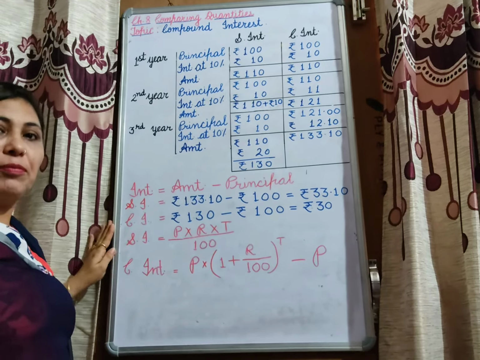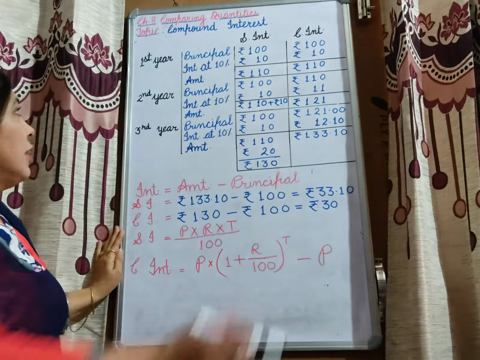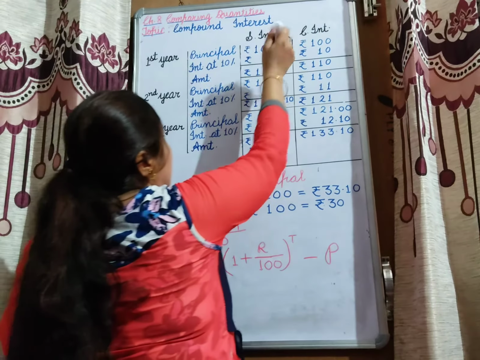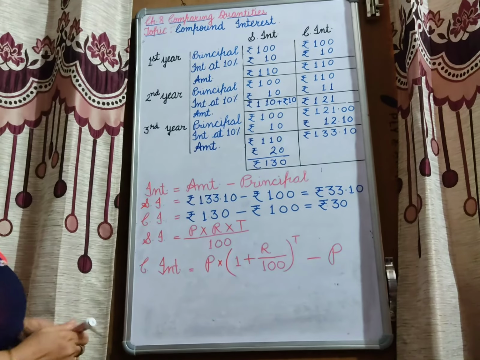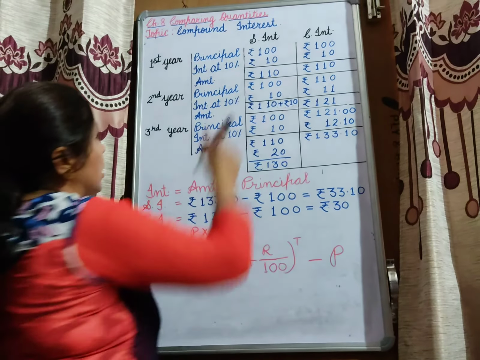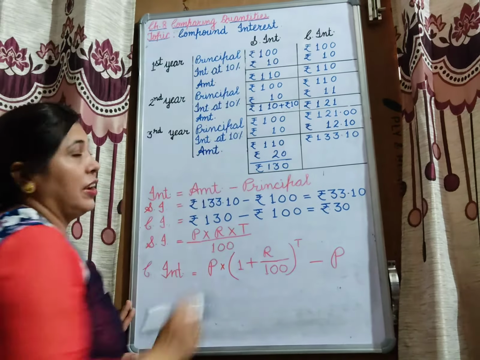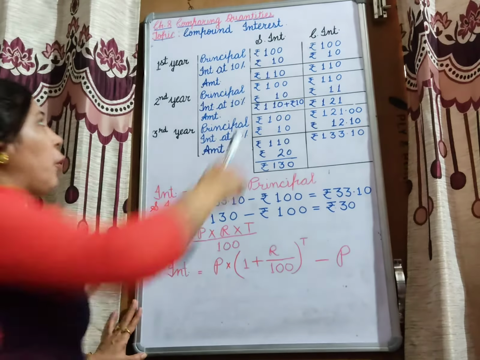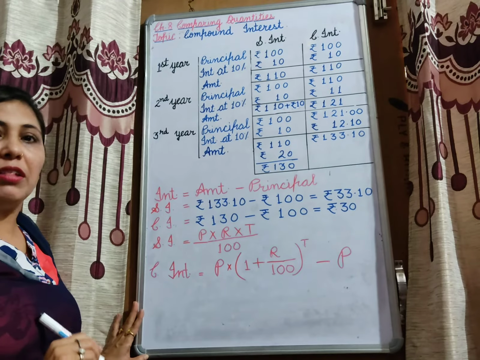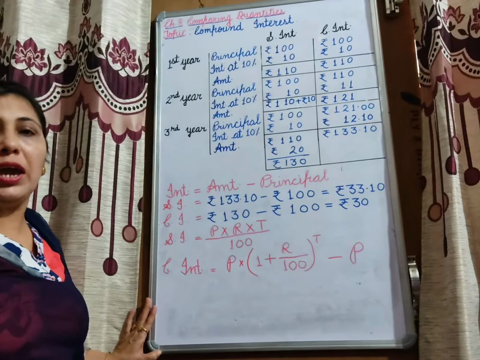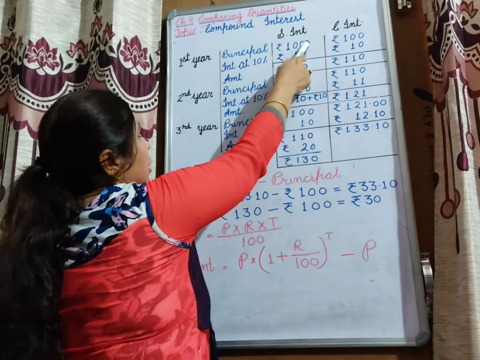As we have done, what is simple interest? This we have done in the previous year. Now I am going to tell you the difference between simple interest and compound interest. Firstly, we are assuming for 1 year, if principal given to you is 100 rupees, then interest at the rate 10%. Now, first question arises, what is principal? Principal means borrowed money. For example, you take 100 rupees from your friend as borrowed money, that will be known as principal.